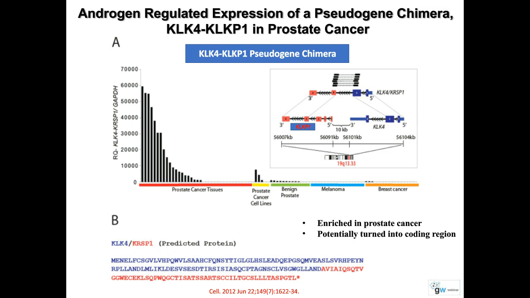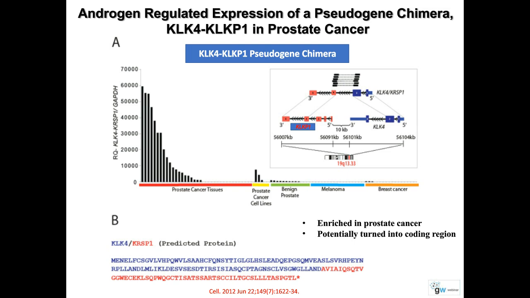So we identified a 165 amino acid protein. What is interesting is that this is a rare and new phenomenon that we observed in a solid cancer, and the first time in prostate cancer. What we found was that the non-coding pseudogene after the fusion is converted into a protein-coding gene. Here the amino acids shown in blue come from the protein-coding gene KLK4, and the red amino acids come from the pseudogene KLKP1. This is the first evidence where we show that because of the fusion, the non-coding pseudogene is converted into a protein-coding gene. So we are very intrigued by this finding.